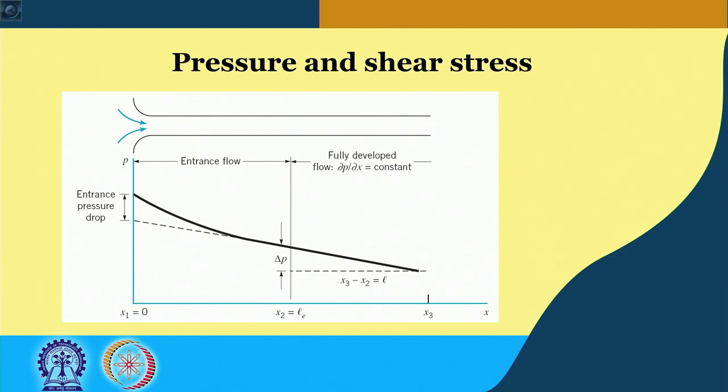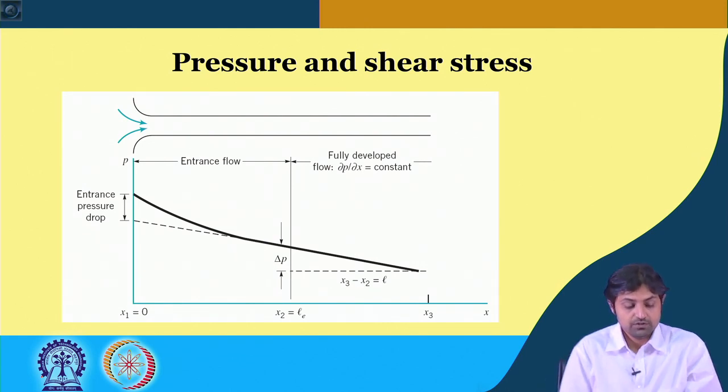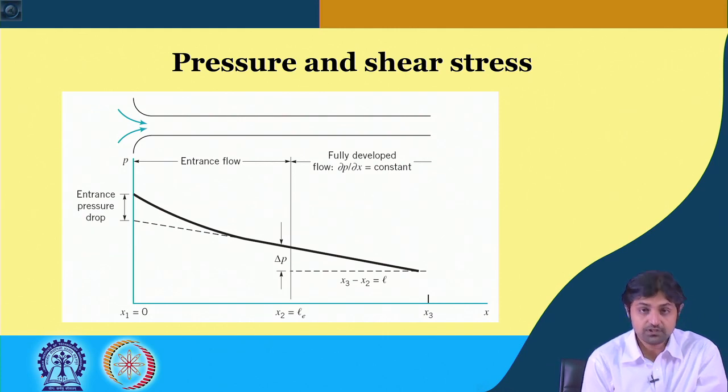Welcome back, student, to yet another lecture of pipe flow. Last time we finished talking about the entrance region, and now we are going to see what the pressure and the shear stress distribution is, through a graph, in both the entrance region and the fully developed flow region. So as you see in this graph,